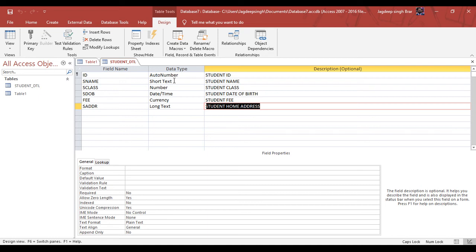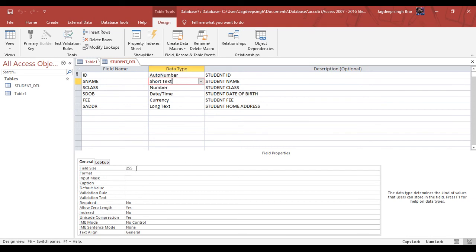So here we have two types of text. One is short text and one is long text. If you define any column as a short text, then you are allowed to enter a maximum of 255 characters in that column. You can check here in the field size, 255. Access uses a variable length to store the text data. If you designate a field as 25 characters wide, but you usually use 5 characters for each record, then only enough room to store 5 characters is used in your database.